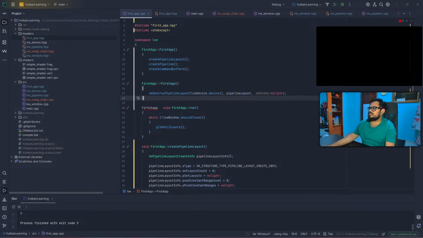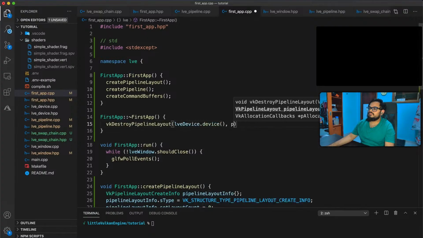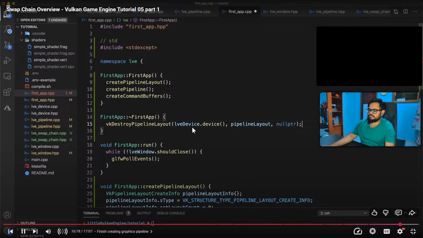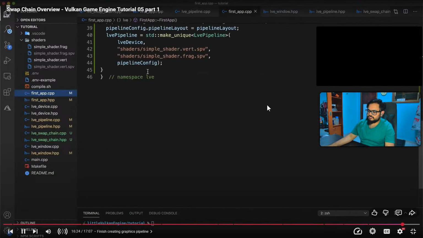We can destroy device.device, pipeline layout, and null pointer. If we add an empty implementation for the create command buffers and draw frame function, then our code should now compile. And since we've now provided a pipeline layout and a render pass,